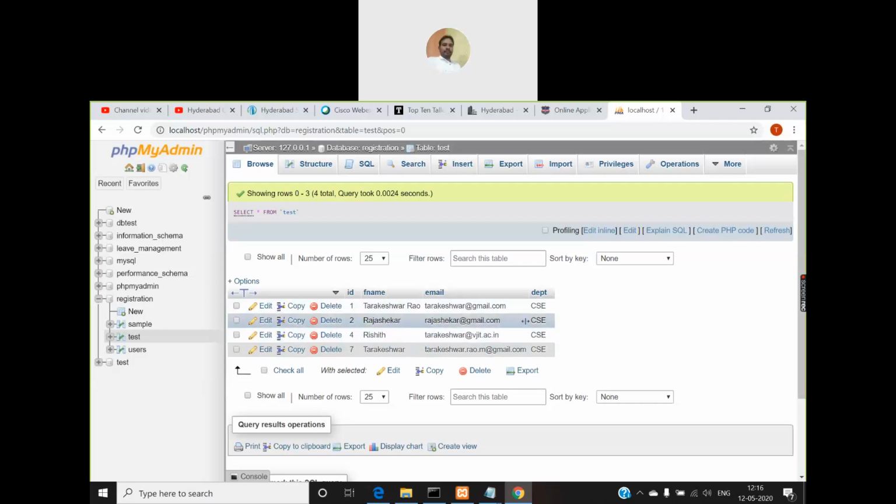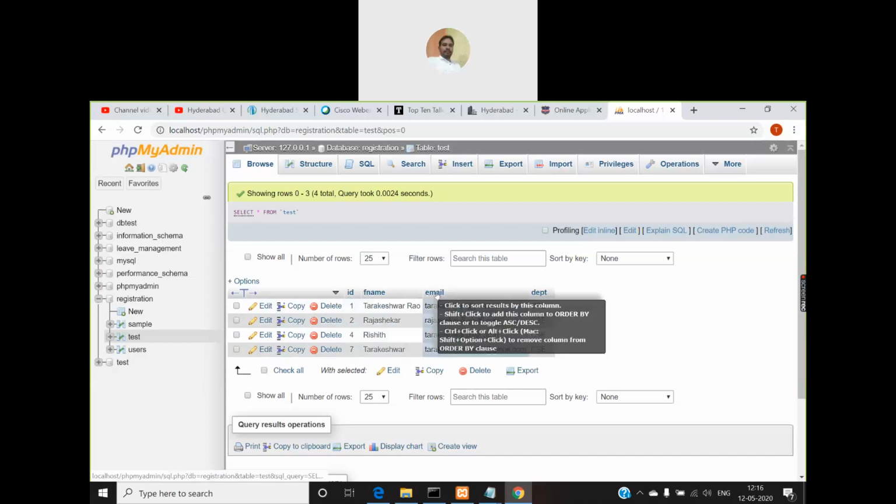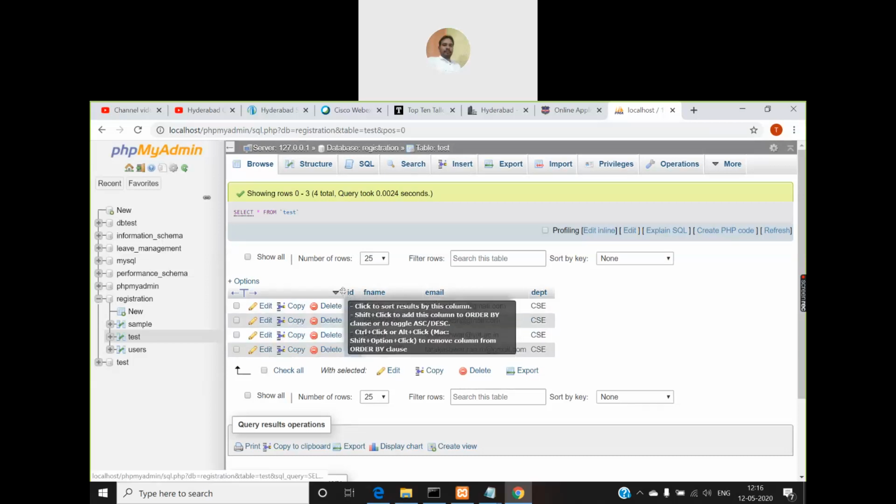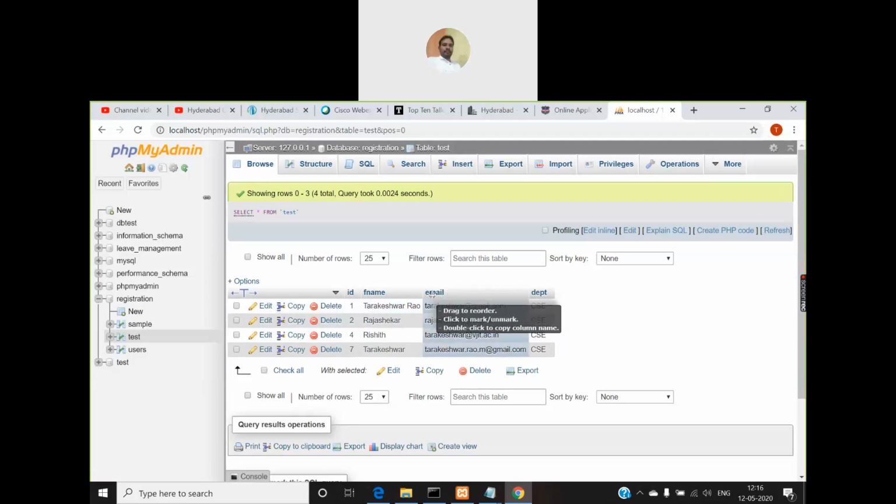But fname and dept will accept duplicate entries. There is no problem with this. So you will not get any exception with these two fields, fname and dept. We will be getting an exception only with ID and email. But coming to ID, because it is an auto increment field and we are not inserting any value, automatically the values will start from 1 and keep incrementing. So there is no scope for an exception to occur in the ID field also. So the only one remaining is email. We may get an exception only with this one.